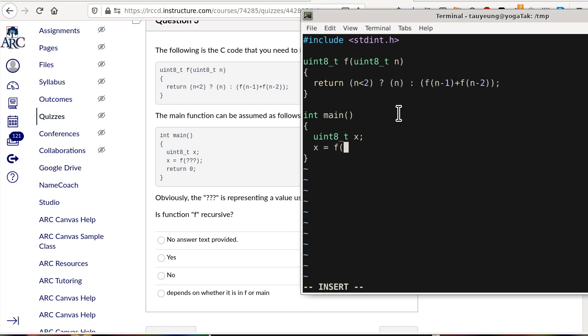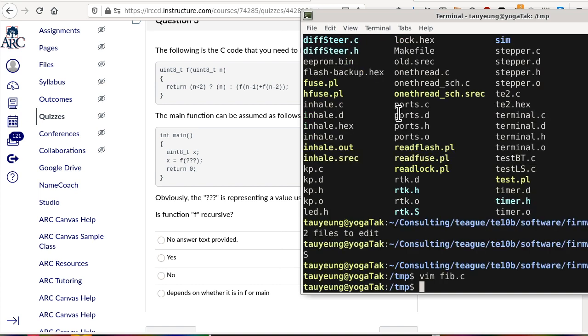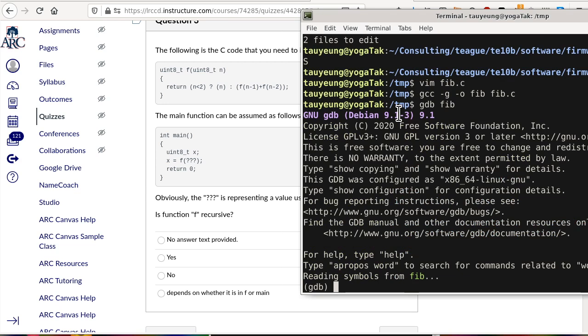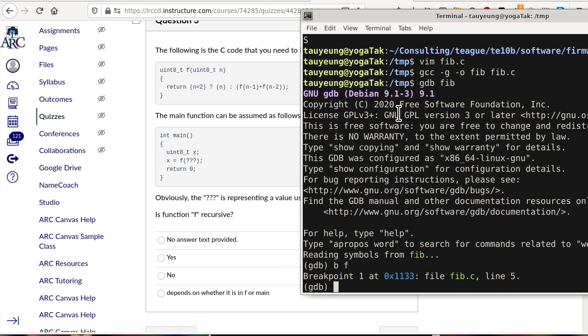But since in this demonstration I do intend to demonstrate the recursive nature of the algorithm, I'm going to try f of 3 and then return 0 over here, and then we can now compile the program. This program you can only find out what it is doing using GDB because it doesn't actually have any output. So we say GDB, we put a breakpoint on function f, and then we can just go ahead and run